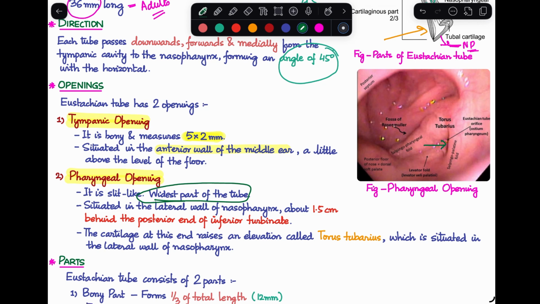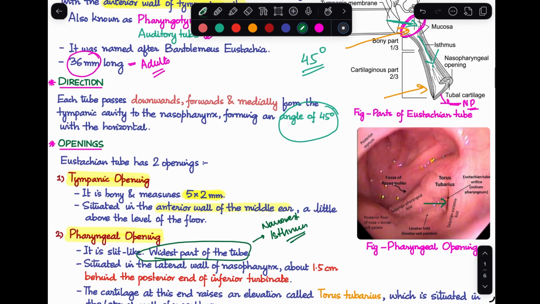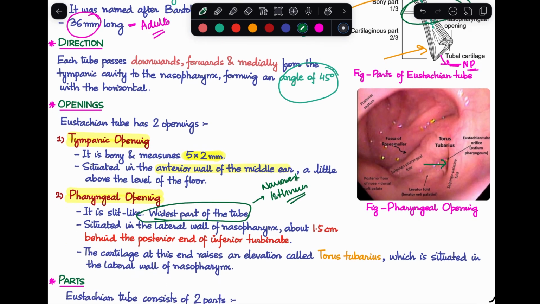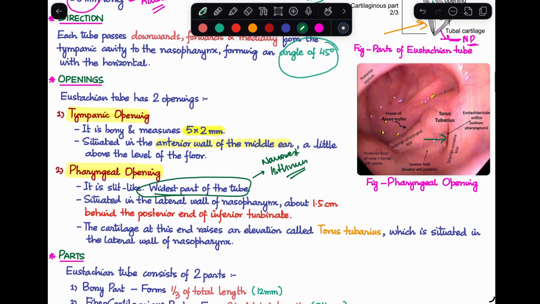The narrowest part of the tube, which we'll discuss in a little bit, is a portion known as the isthmus. The isthmus is the part between the bony and the cartilaginous part. So the isthmus is actually the narrowest portion of the tube, whereas the widest part of the tube is the